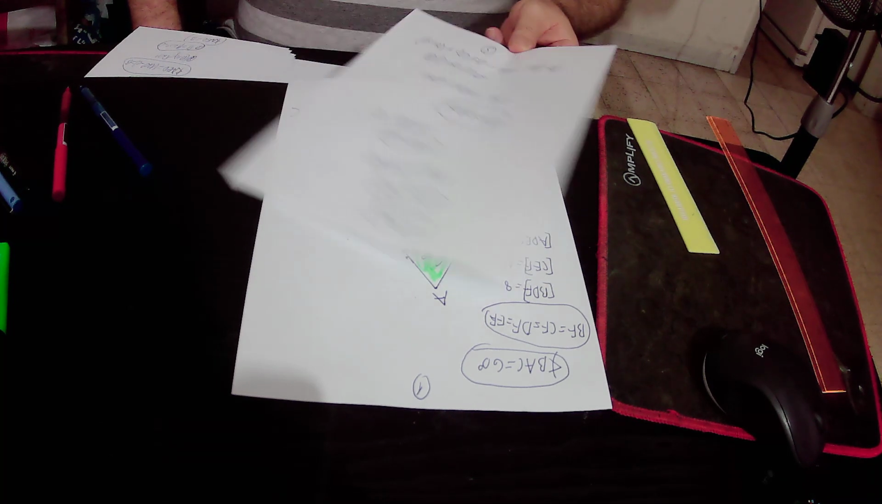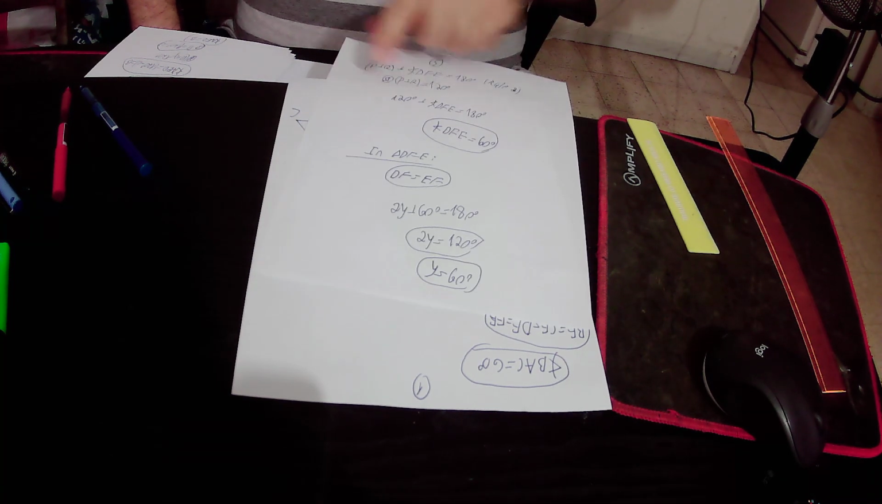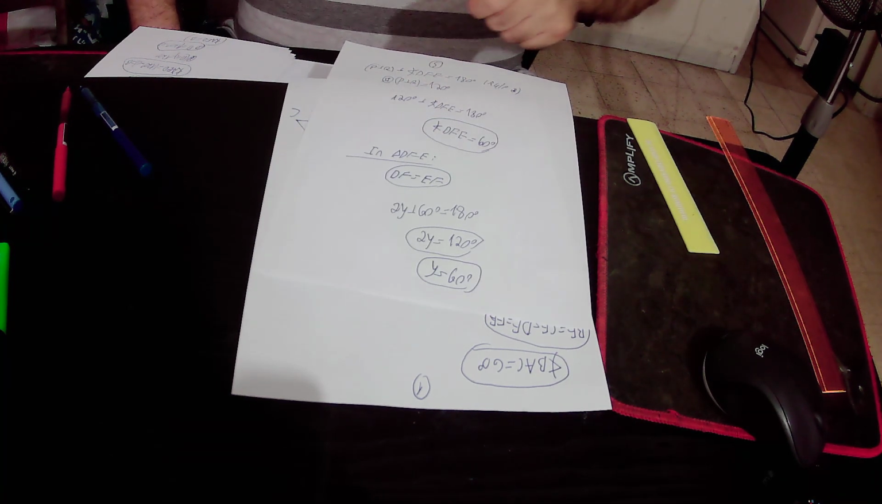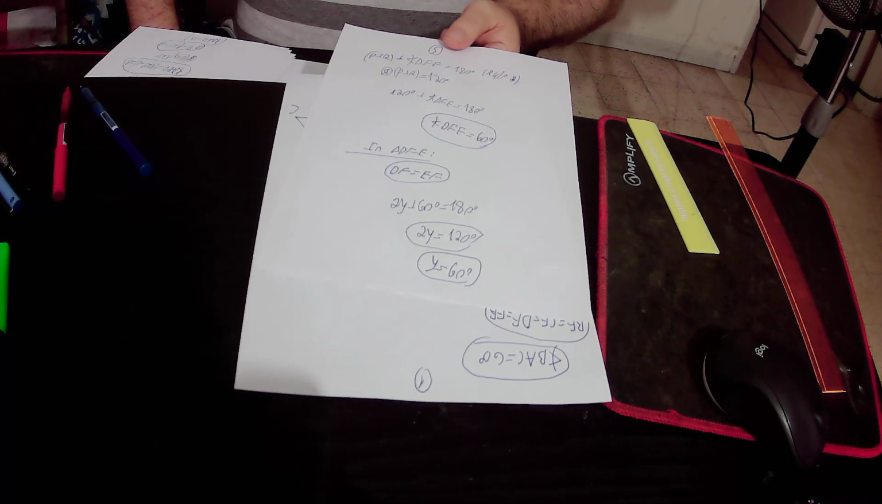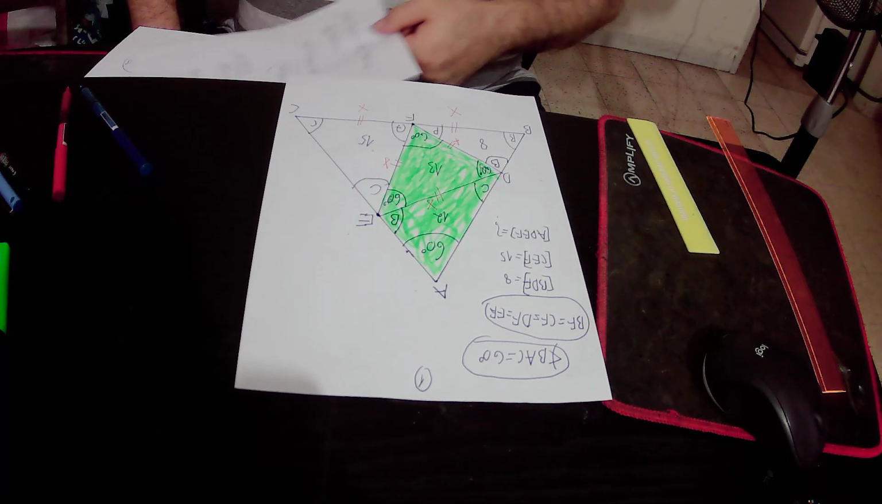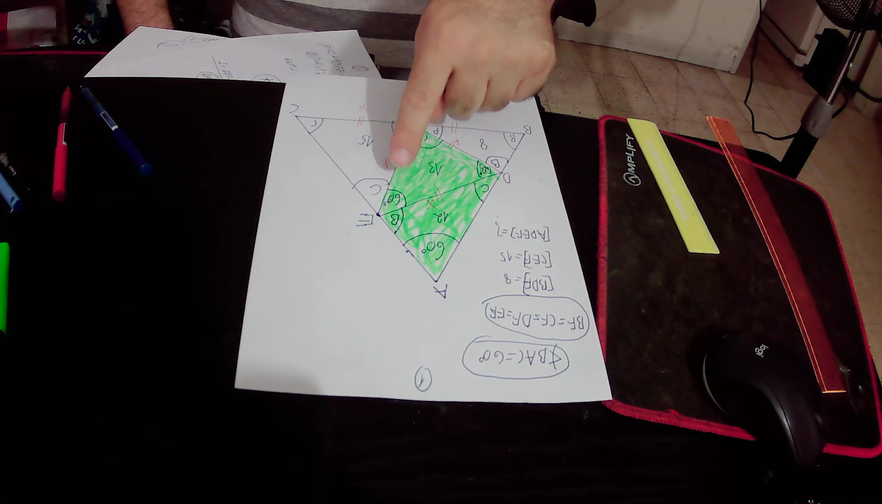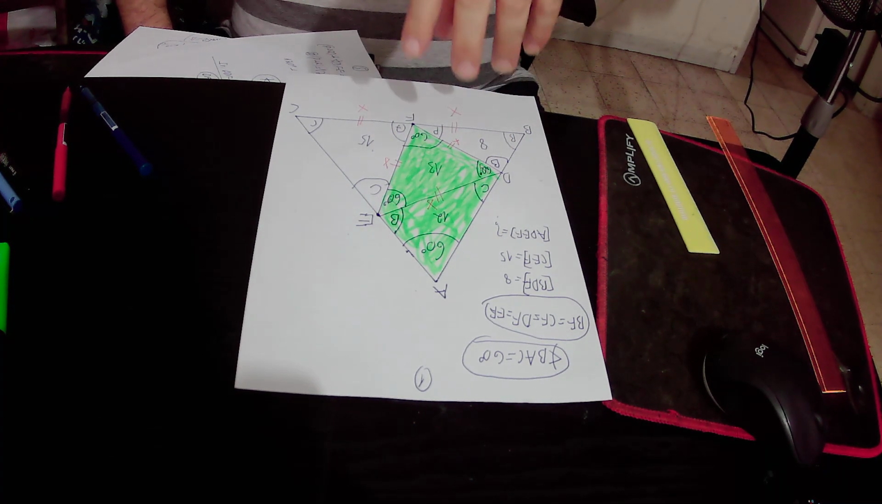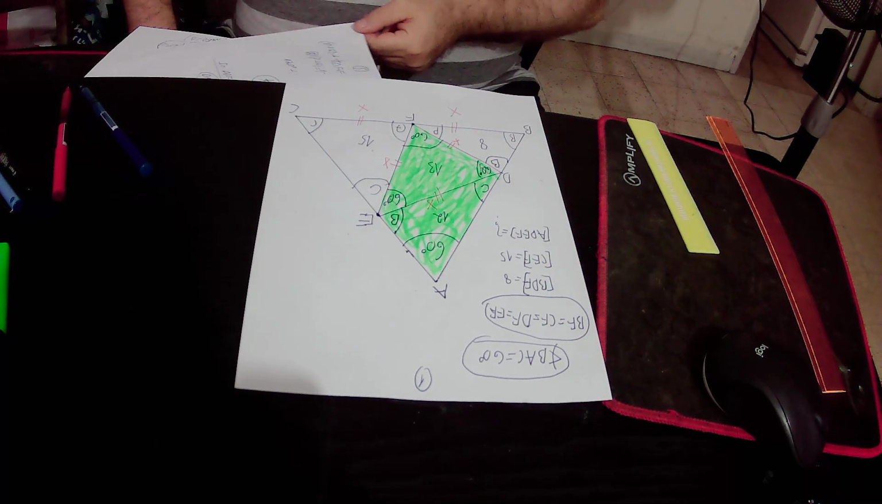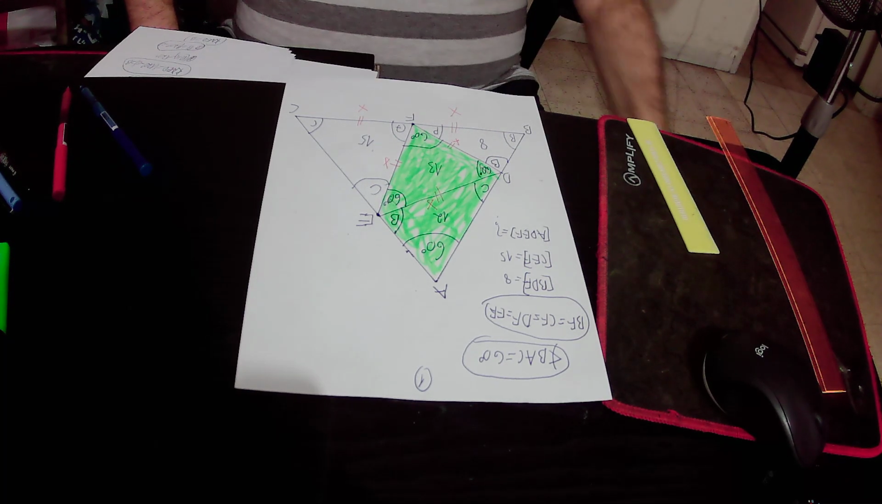So that is to say, 2y plus 60 degrees equals 120 degrees, and we found out that y equals 60 degrees. So this angle is 60 degrees and this angle is also 60 degrees. So triangle DFE is an equilateral triangle. Okay, then